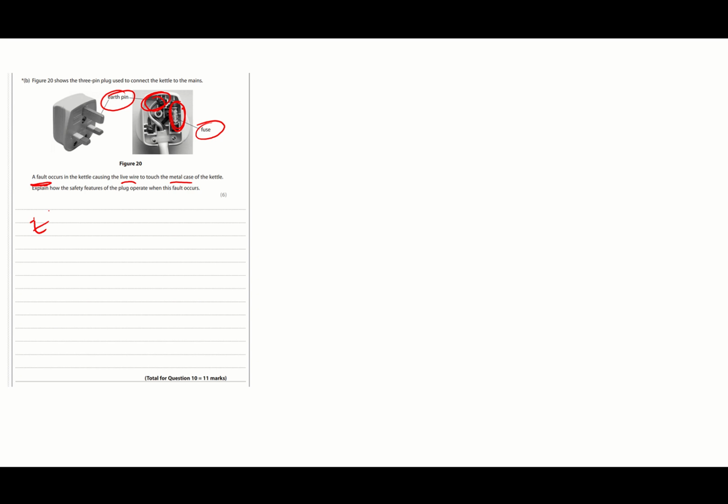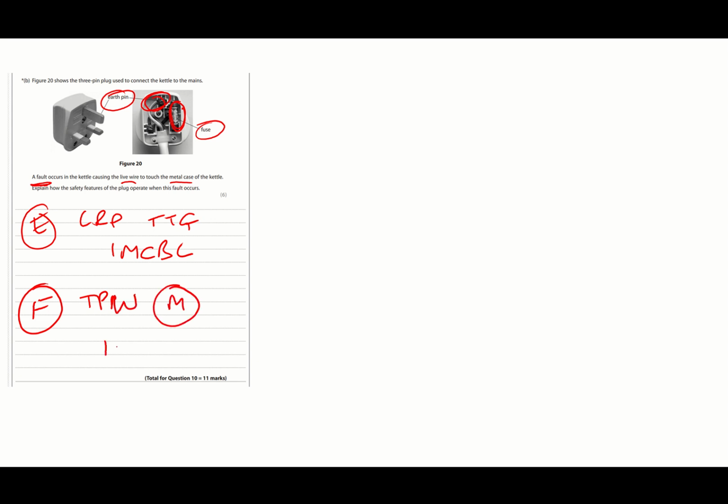And I've told you for the earth wire you had to learn ages ago LRP, TTG, IMC, BL. So it's a low resistance pathway to the ground if the metal case becomes live. So if you touch the metal case, the earth wire, so there's the metal case, the earth wire is going to take it to the ground rather than, if that's your dodgy hand, rather than to you. Because it's easier to go through a conductor than it is to go through your high resistance body, or relatively high resistance body. And then we've got the fuse, and you would have learned TPW,